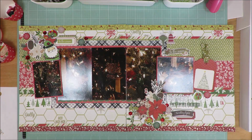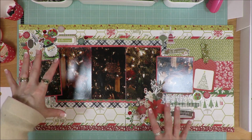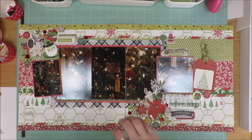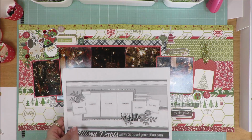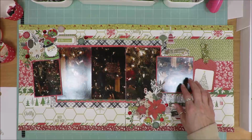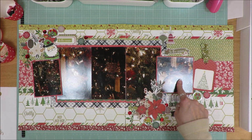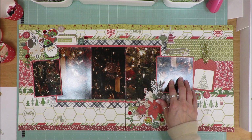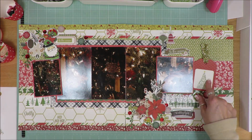and here is what I created. Ta-da! Yeah, so I got everything done that I wanted to get done. I have my 2 primary embellishment clusters. I followed along with the sketch. It had the 3 larger photos. It had a smaller photo over here and then 2 smaller photos here. I didn't have enough photos, so I did a little bit larger photo here, a 4x4 instead of a 3x3, and then just used a bit of a smaller tag here that I had with the ephemera